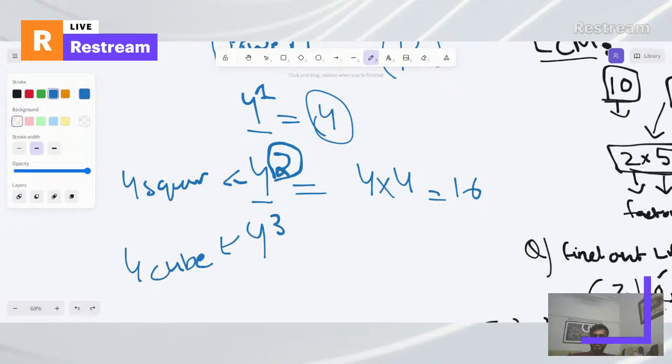So what's 4 cubed? What are we going to do? We're going to multiply 4 by itself 3 times, right? So 4 multiplied by 4 multiplied by 4. So the answer would be what? 4 times 4, 16 times 4, that makes up 64, right? So it becomes 64,